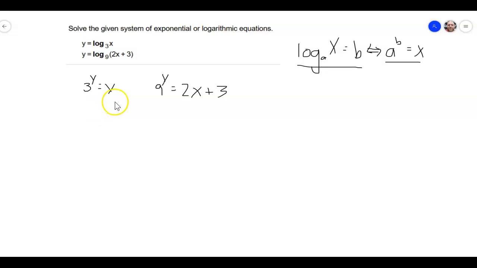All right. So I have a clear substitution if I can make this a 3 to the y over here, and that's what I'm going to do. But it's going to be a tricky way that I do that. I'm going to take this equation here, and I'm going to write 9 as 3 squared. So that's 3 squared to the y is equal to